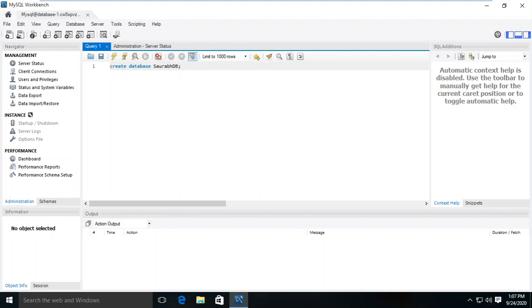To execute it, what do we have to follow? We can select the command and click on this button, execute the selected portion of the script. So click on it and here the output action will be shown. So let's just wait for a moment. The query is running. The output will be shown here, either successful or an error, anything that happens will be displayed here. If it is done, it will give me a green color message that your database has been created.